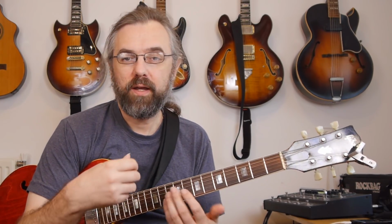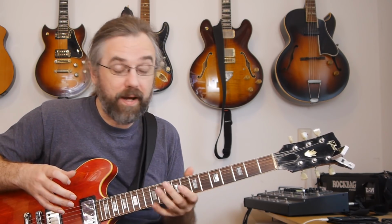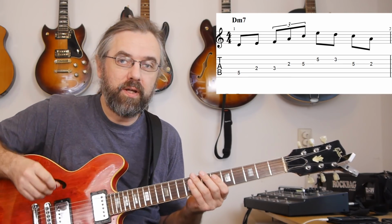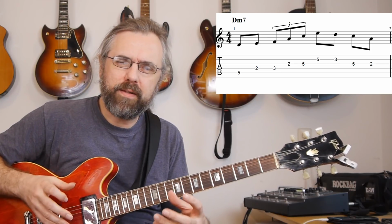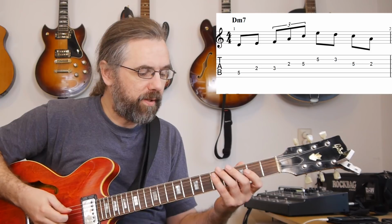It's going to be useful in all positions for sure. One thing is, of course, to analyze the line and figure out what the building blocks are and then find those in the different positions. Another thing is that for each position, you also need to take a little bit of care with figuring out what kind of technique, and technically what am I going to do to get this to sound right and make it playable. So when I play the line down here,